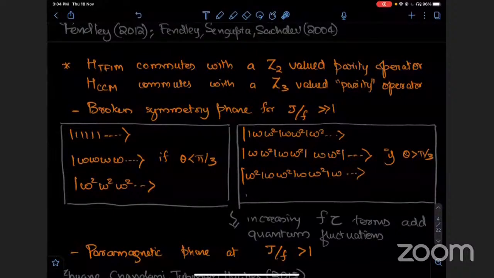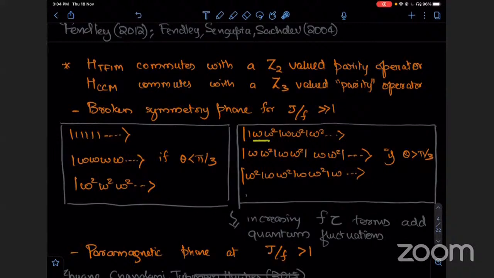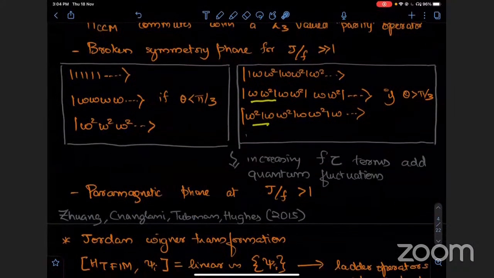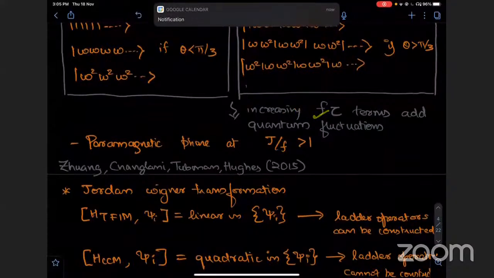And if theta is greater than pi over 3, then there is another set of antiferromagnet-like broken symmetry phases, where the ordered phases can be characterized by 1 omega omega squared, 1, and omega squared 1 omega phases. As I increase the transverse field term,